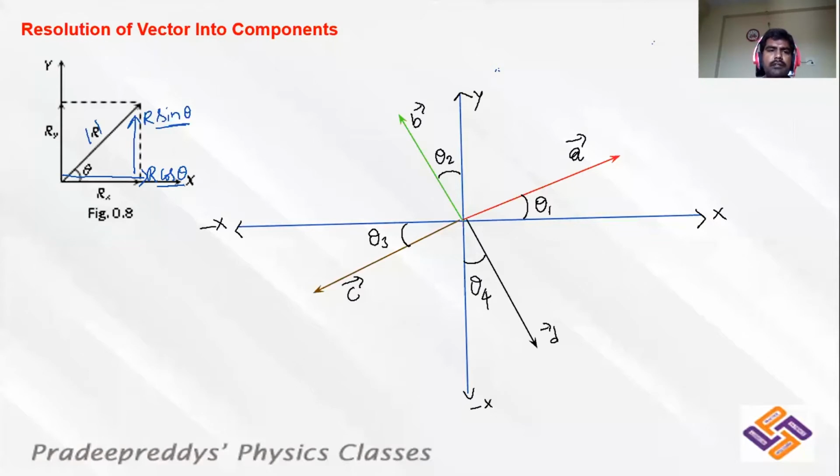Coming to today's session, as we have already completed resolution of vectors, we are resolving vectors which are given in the figure. So I have drawn 4 different vectors a bar, b bar, c bar and d bar in the coordinate system xy. Now you should resolve those vectors into components. In order to resolve the vector into its components, every vector has 2 components. So simply you can draw one triangle.